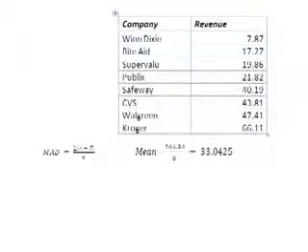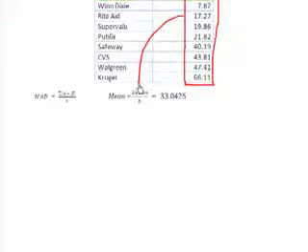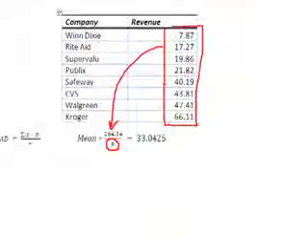All right, so how did I do this? I just simply calculated the mean, which means, sorry for the pun, I added all of these values together, which gave me 264.34. Then I came up with the number of data points, which is n. When I divide the sum of the x by the number of x, I get 33.0425. I'm going to round that off, and for calculating the mean absolute deviation, I'm going to use the value of the mean as